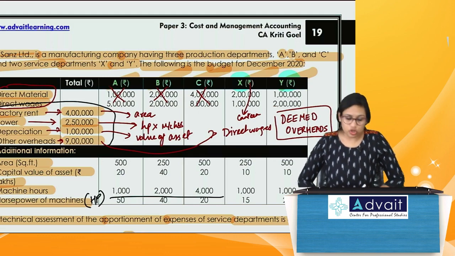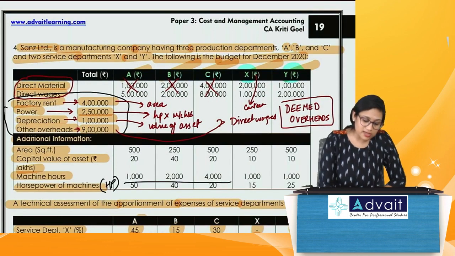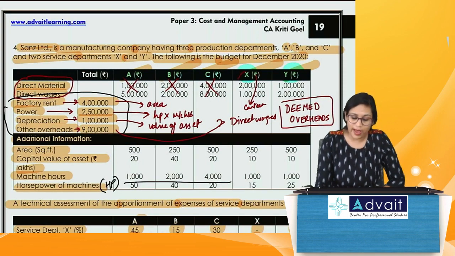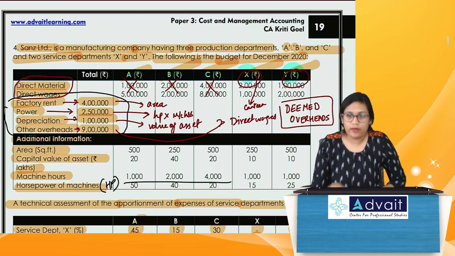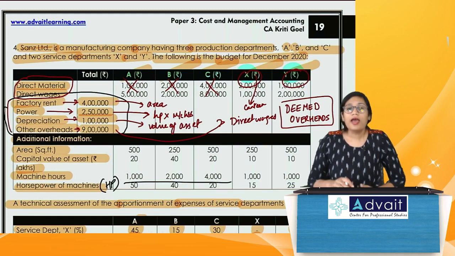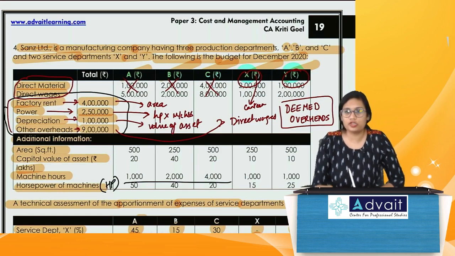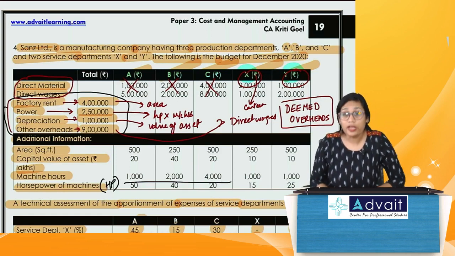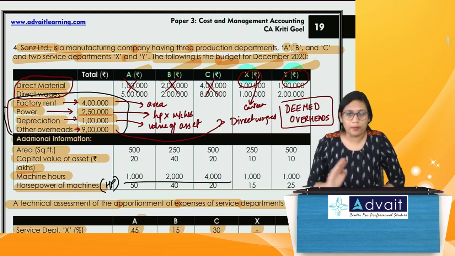Is this clear? So here in this particular part, they have clearly given us how much is the direct material, direct wages for X and Y department. I do not have to divide, so that results in allocation. Whatever they have given, I will consider that. But the other 4 expenses that they have given here, I will have to divide in a particular ratio, and that ratio we have already ascertained, right? So that will result in apportionment. So first we will do allocation, then we will do apportionment. We will arrive at our primary distribution summary.